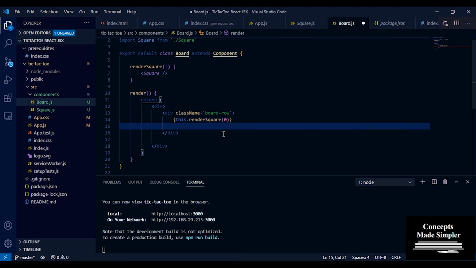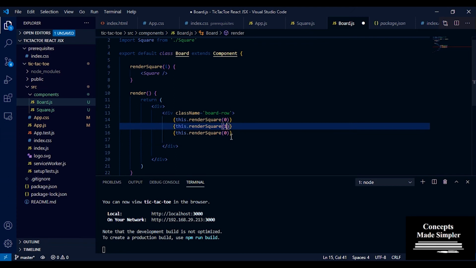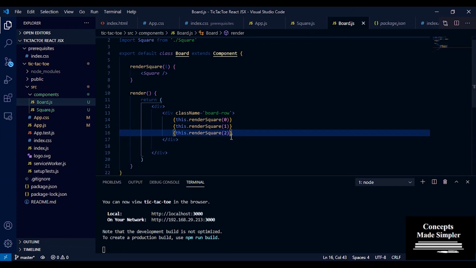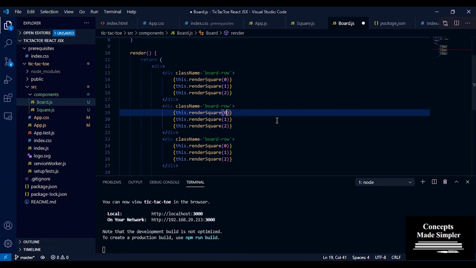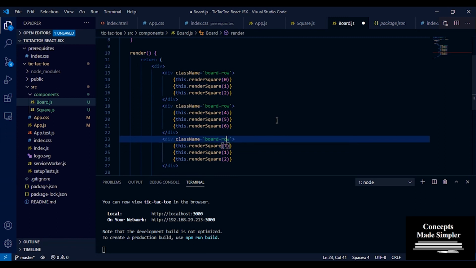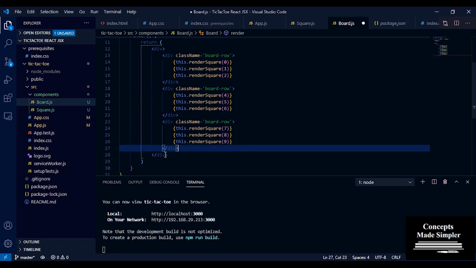I'm going to copy and paste this twice, and we're going to have 1 and 2. So this is our first row. Now let's copy this whole thing and paste it twice for the second and third rows. So we have 3, 4, 5, and 6, 7, 8. Now we have our 3 by 3 grid.